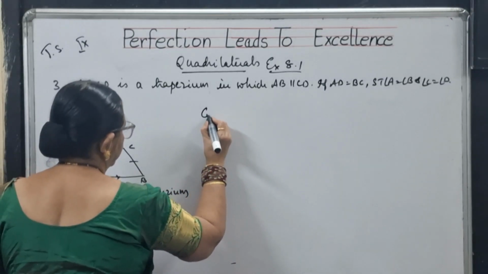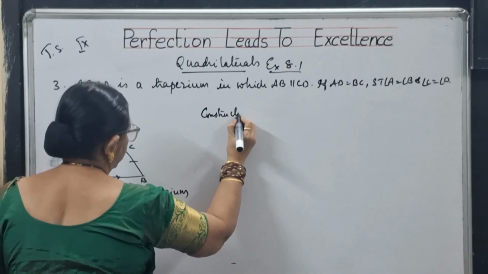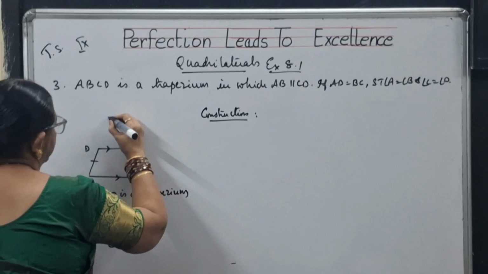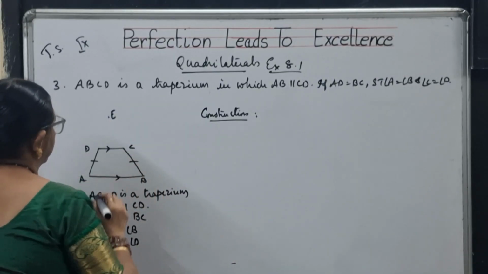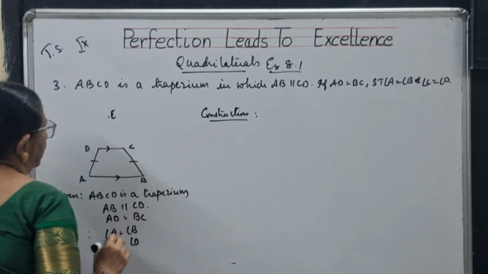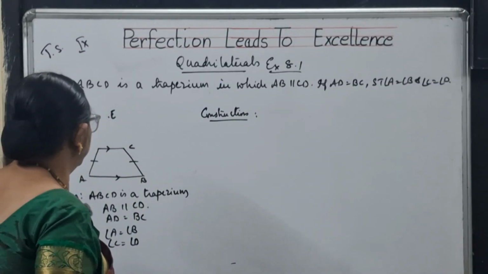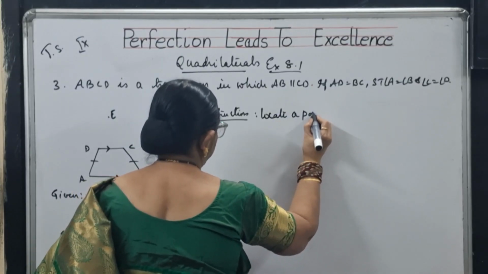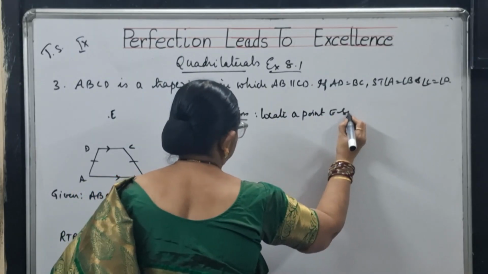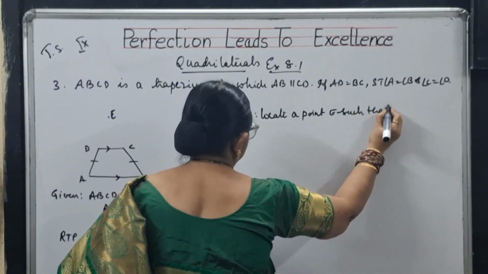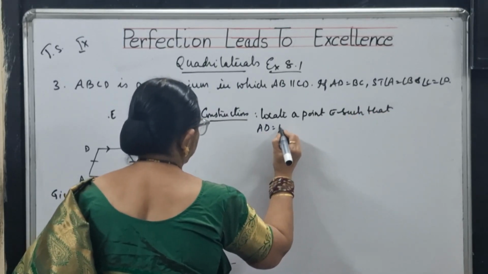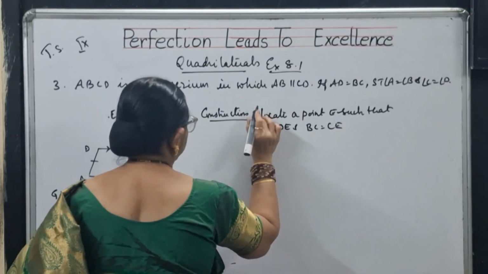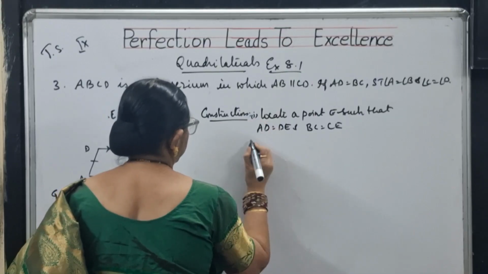Here, you do a construction, children. What is the construction? You have to locate a point E such that AD is equal to DE and BC is equal to CE. Locate a point E such that AD is equal to DE and BC is equal to CE. This is the first point, and second one,